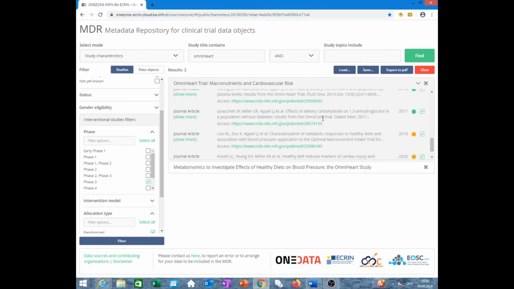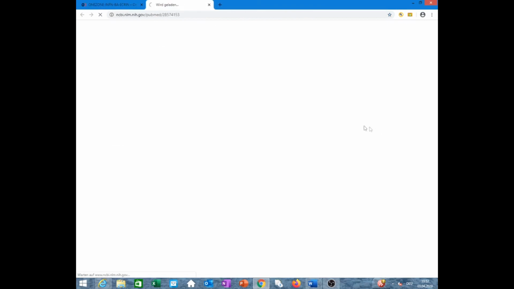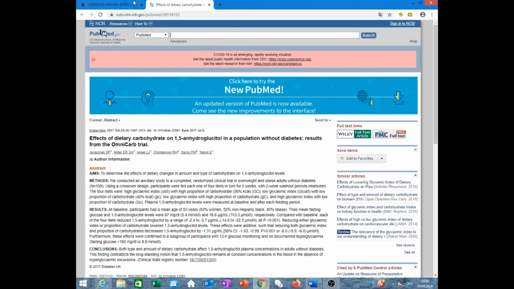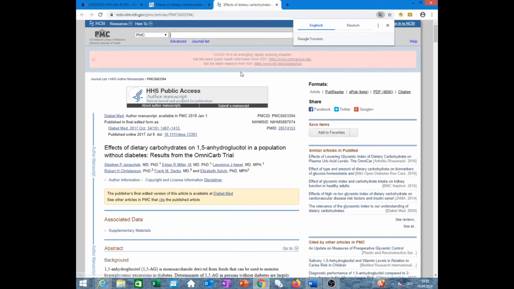Or you can click on a journal article belonging to this study, and you get from PubMed a publication about this study. If lucky, you also get the full paper